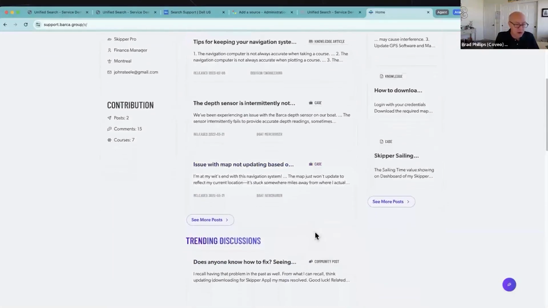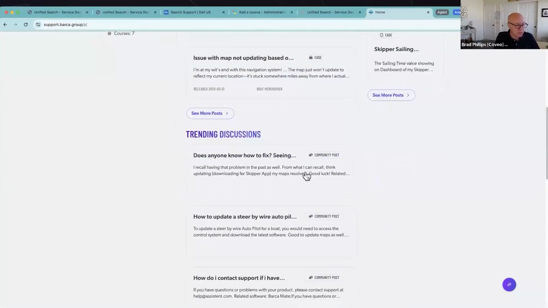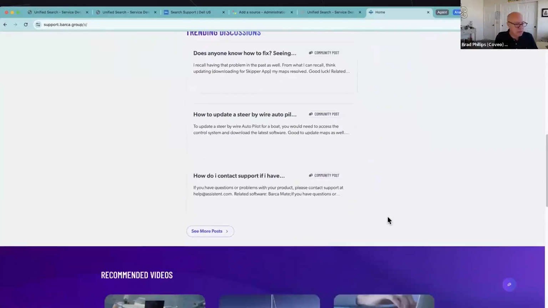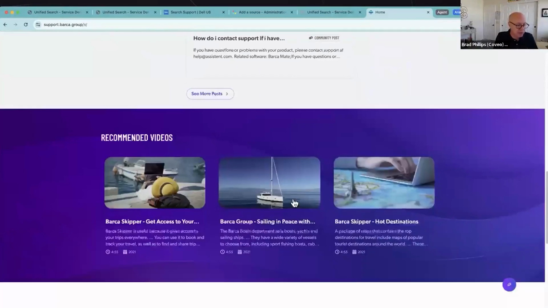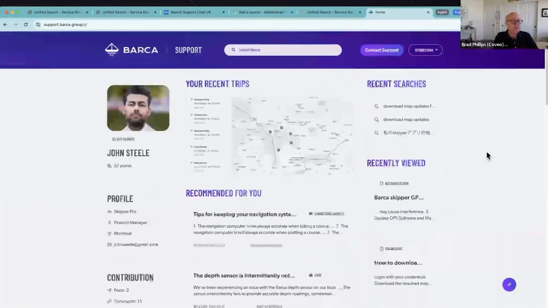So the recommendations now are not just wisdom of the entire crowd. They're now specific to what does John care about? Trending discussions from other customers, maybe about sailing or about the Barca skipper thing. He's got videos that Coveo has indexed, and people that have common profile attributes like sailors are also finding interesting. So Coveo working together with Barca has created this very sticky experience where John comes back here time and again as these Coveo recommendations are going to cover highly relevant topics, and they're constantly changing based on what people are consuming at any time.